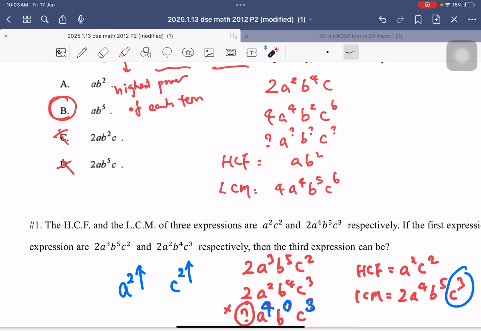Because if this is A to the power of 2, then the LCM is still going to be C to the power of 3. So the answer should be A^4 C^2, or